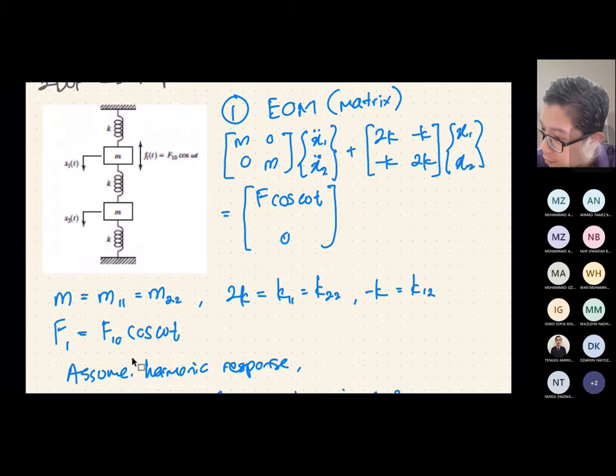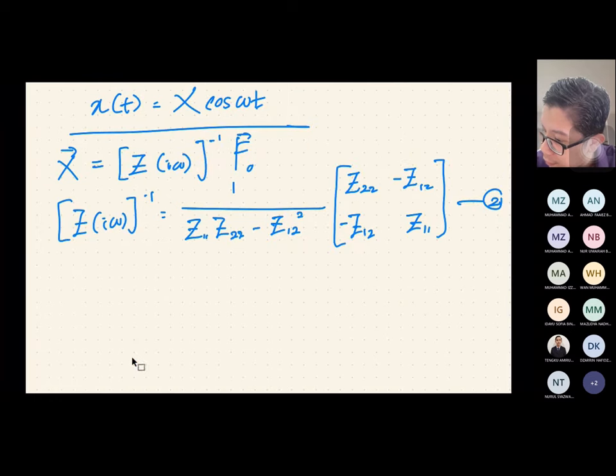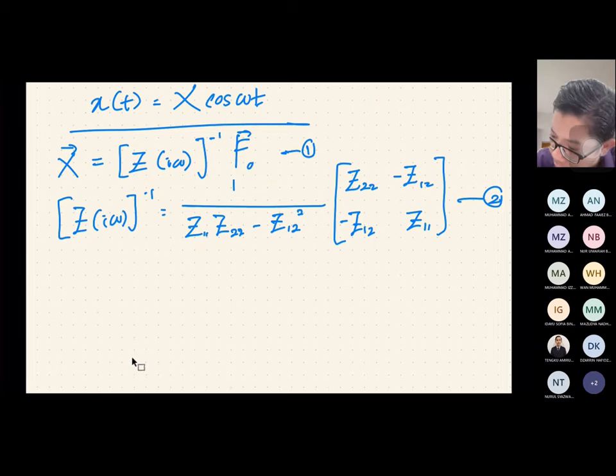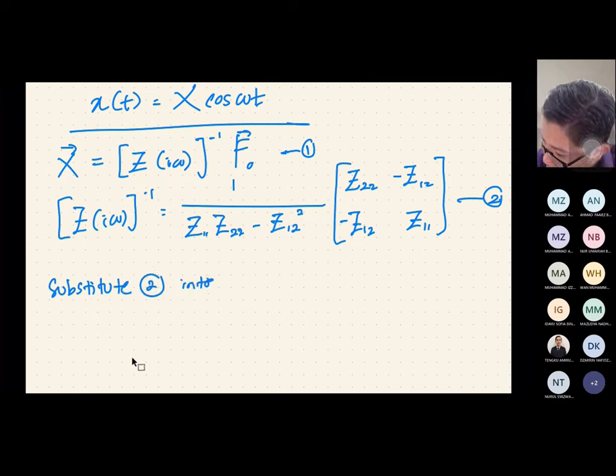Okay. So tadi tu, okay. So we have this, so kita masukkan dalam equation 1. Okay. So we put this into here. Okay. And then kita ada X dengan F. So we arrange all the equations. So we will have one. Just write down the. Okay. So substitute 2 into 1